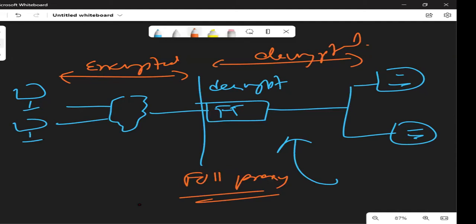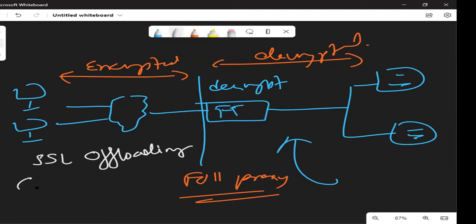Very important stuff. So your F5 is in between doing such kind of job. This is again an interview question, something known as SSL Offloading.